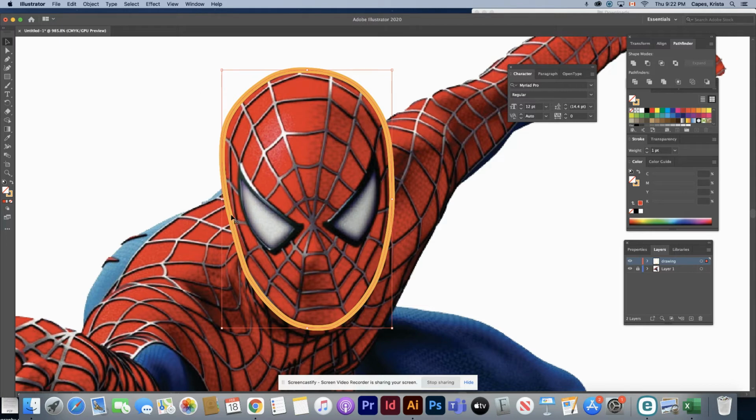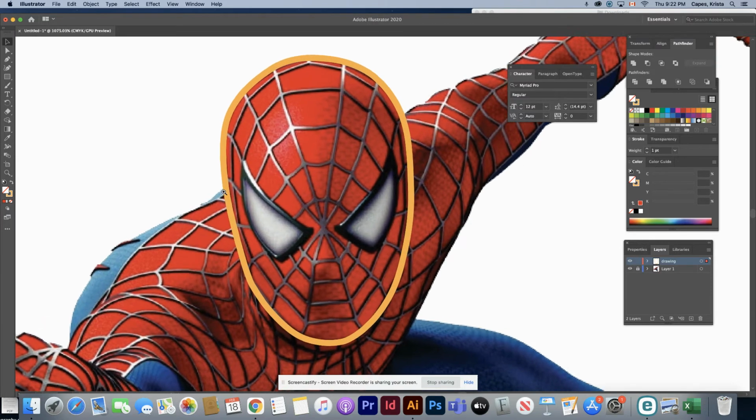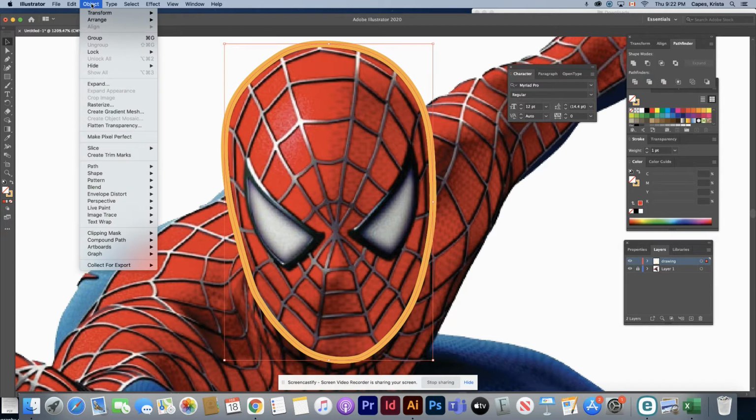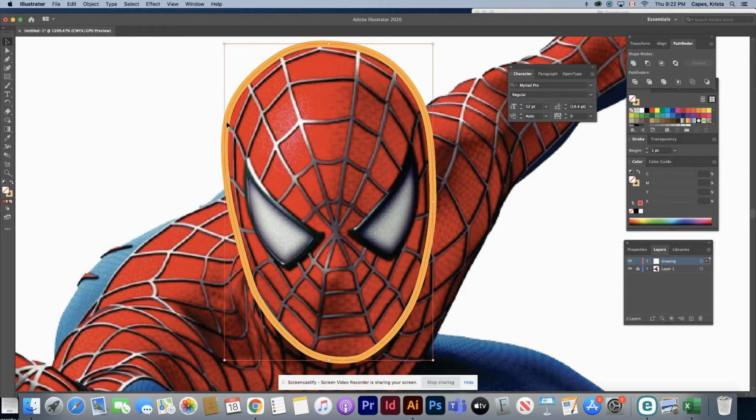So let's just say here it's a little bit straight and there's a bit of a bump. So maybe I would like to add in an anchor point so that I have more control over my shape. I'm going to go up in the navigation bar to Object, down to Path, oops, sorry, and I am going to add anchor points. There's remove anchor points or add anchor points. So what I'm going to do is add them, then I'm going to go back to my